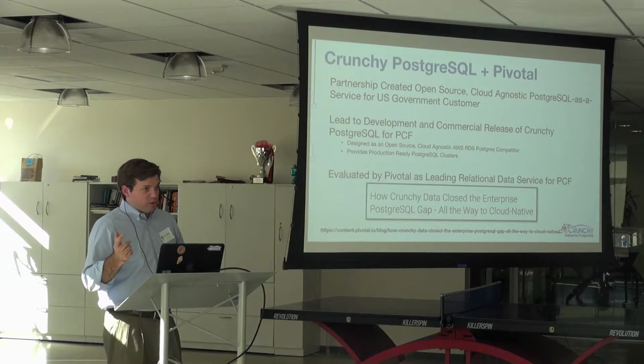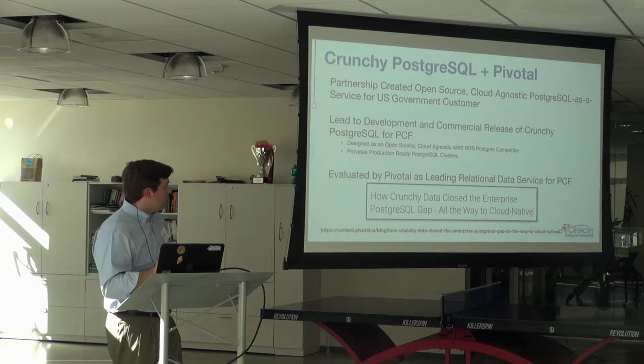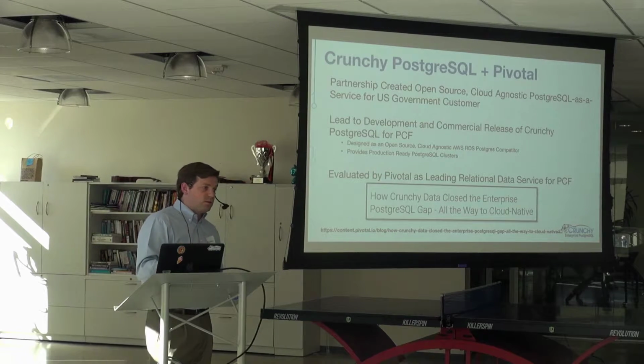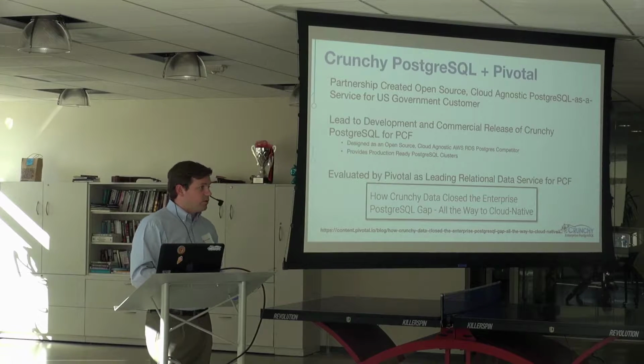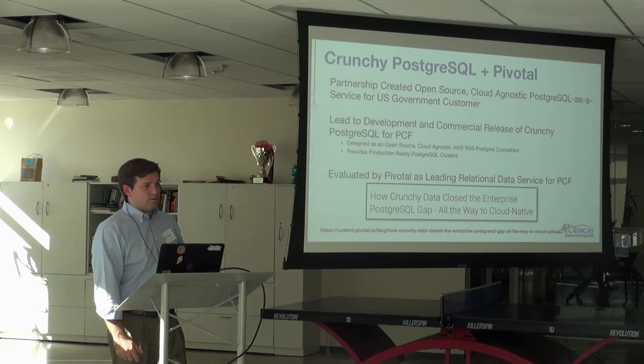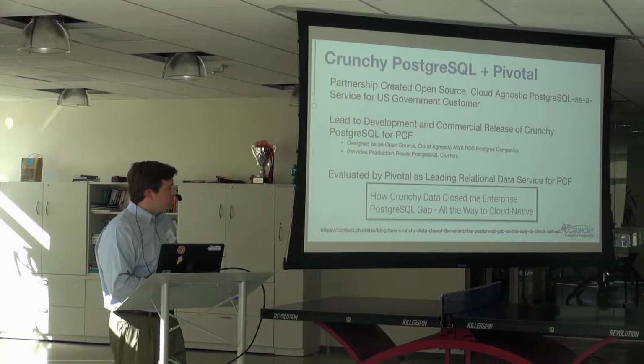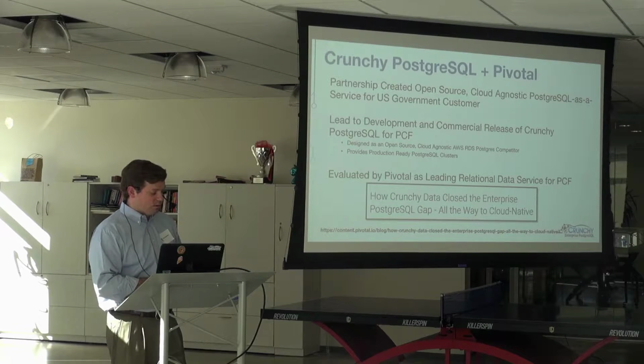And then perhaps most importantly for this crowd, we're a Pivotal partner. We've been working with Pivotal for about 2 years now as a result of an engagement with a US government customer who selected Pivotal for their platform and selected Crunchy as the database provider and the Postgres provider, and was looking to solve the problem of database as a service, again, in a cloud agnostic and some combination of on-premise, private cloud, and public cloud use case,